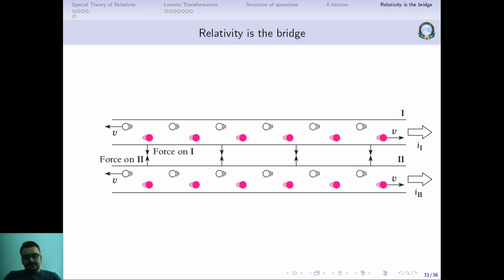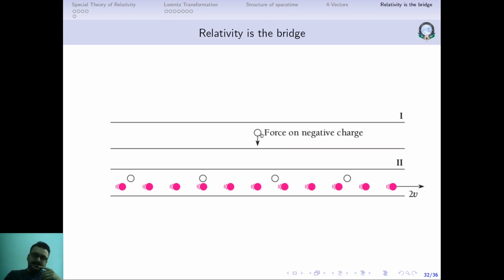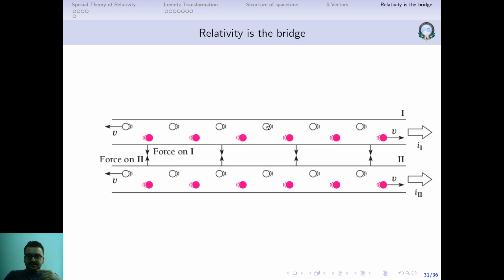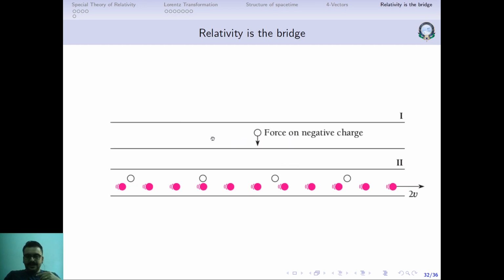This is how we are observing. That means as a stationary observer, or from the laboratory frame, this is what we will observe. Now let's go to our frame of reference. Let's say that frame of reference is moving with the charges. We will take a frame of reference which is moving with the negative charges on the upper conductor. You are moving along with these negative charges, that means you are moving from right to left.